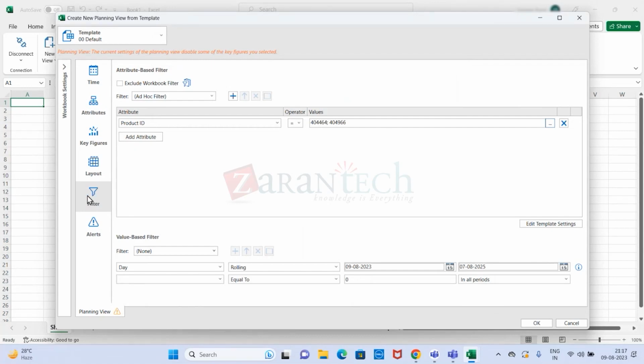Okay. So now we move on to the next tab here, which is called filter. Let's see what exactly this is. Exclude the workbook. If you want to put it here, then the workbook gets excluded. So click filter will help you reduce the amount of data, because if your test system is